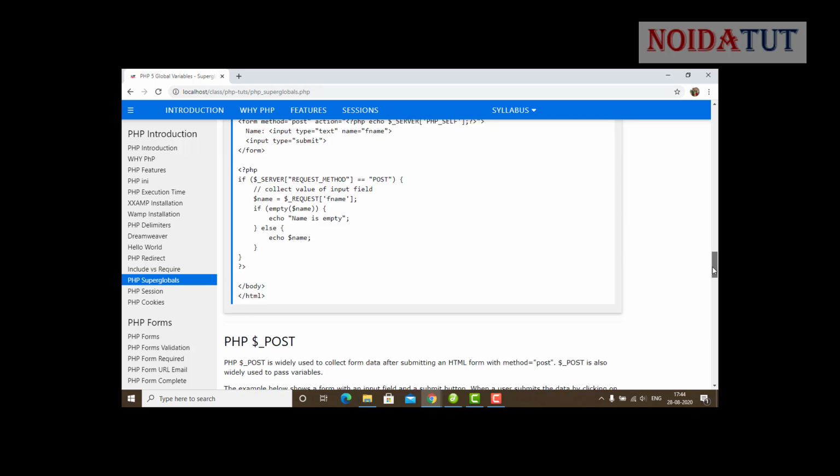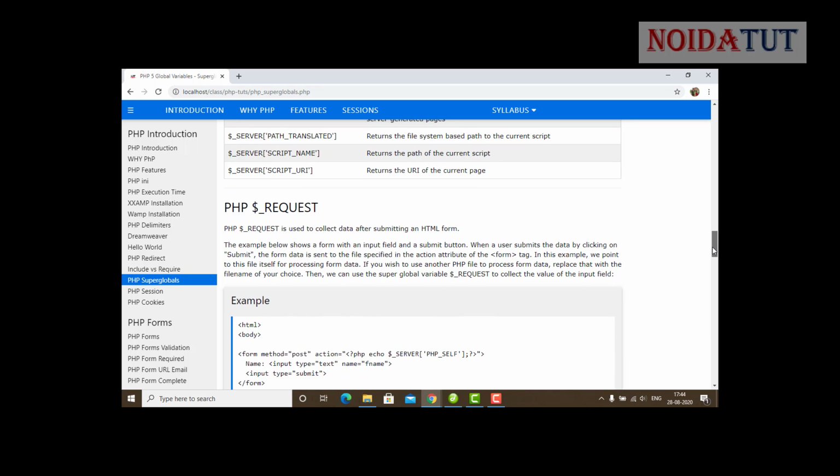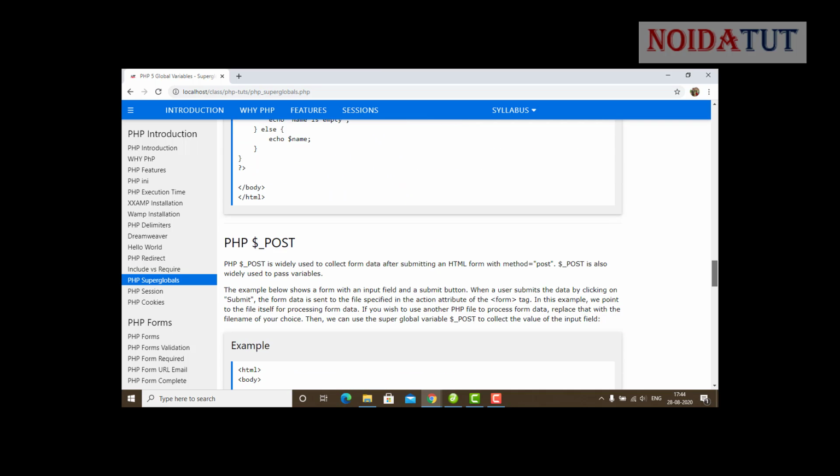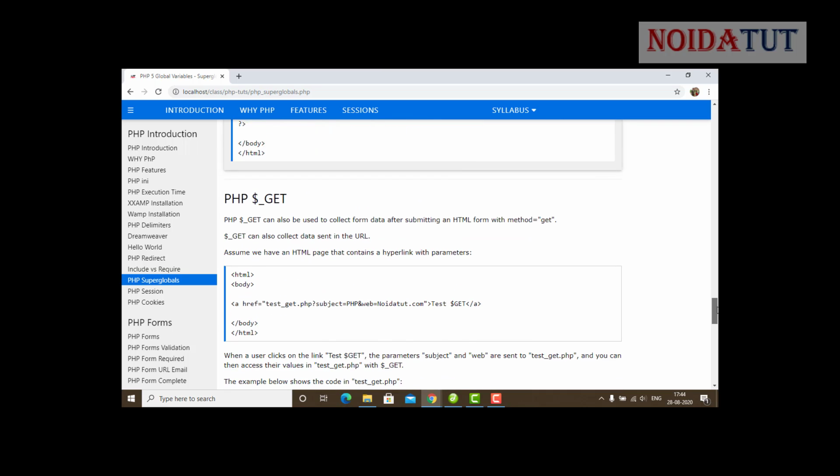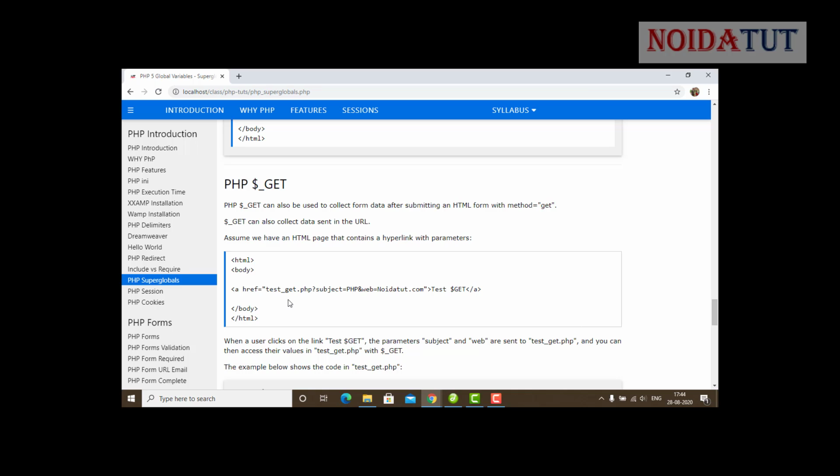So in this case we have learned three methods to forward data from one page to another: the request method, the post method, and the get method. In the get method, we forward the data through the web browser URL, and from the web browser we grab the data.